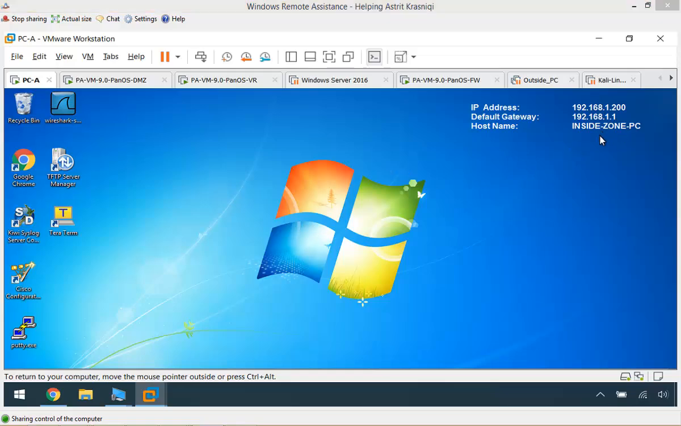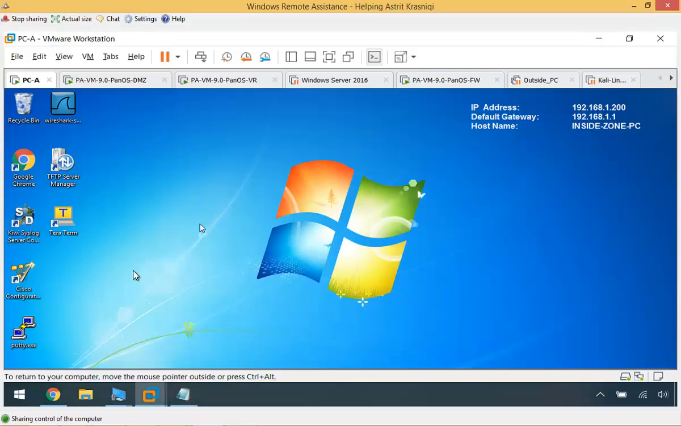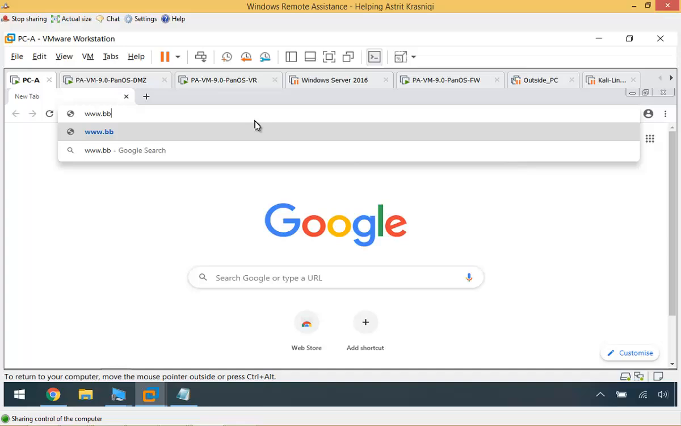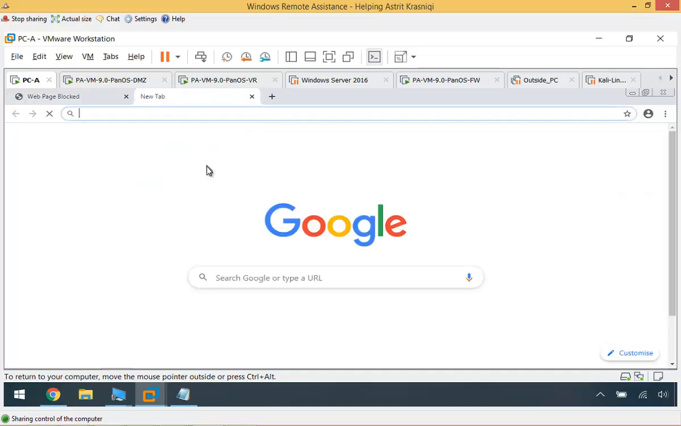PC. So if I show you the lab, this is allowed to go to the outside zone, and we just created a new security policy rule that will deny the news sites. So I'll open a web browser, and first I'm going to check bbc.com, for example. So I'll put www.bbc.com, and it says, okay, this web page has been blocked, and that's my IP address, URL is blocking, and the category is blocking it. I can check other websites, for example, Fox News,